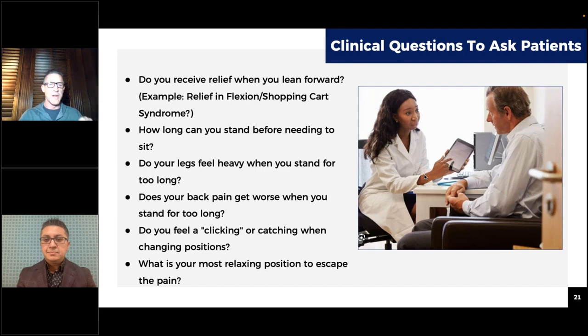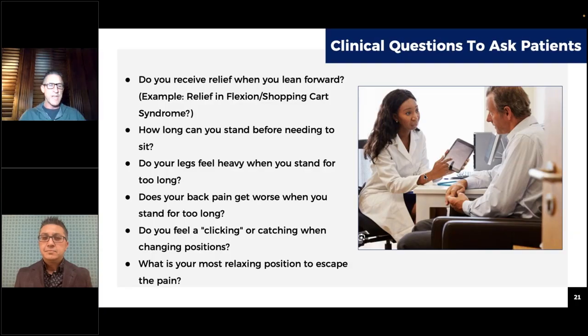There's a couple of things we haven't really hit on. I want to hit on these real quick. So Chris talked about this, but that shopping cart sign. When your patients walk in, if they're walking with a walker, if they're walking with a cane, you're already thinking that might be a candidate. How long can they stand before they have to sit? When they go to the grandkids' games, do they have to stop at every bench along the way just to get to the bleachers?